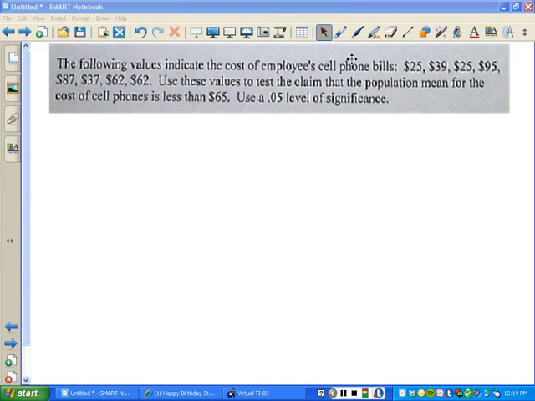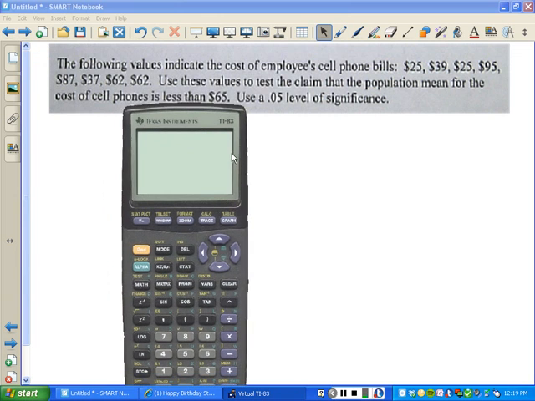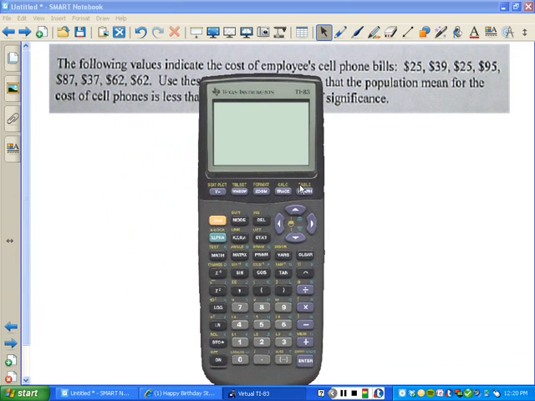We need to find the average for these 8 values. Now, finding the average is not too hard. You add them all together, you divide by 8, and you're done. But then you have to go back and find the standard deviation, and depending on how you found the average, that's either going to be really easy or really hard. If your idea of finding the average consists of typing all those numbers in, pressing enter and dividing by 8, finding the standard deviation is very difficult. If, however, you do the correct thing, which is to go to Stat, Edit, and type all those numbers into L1,